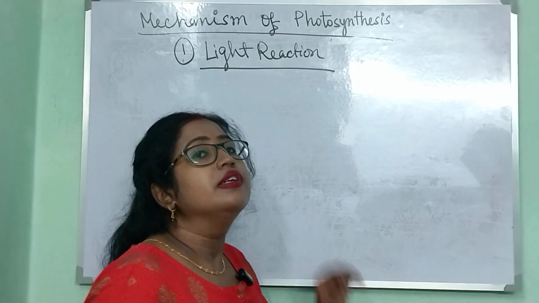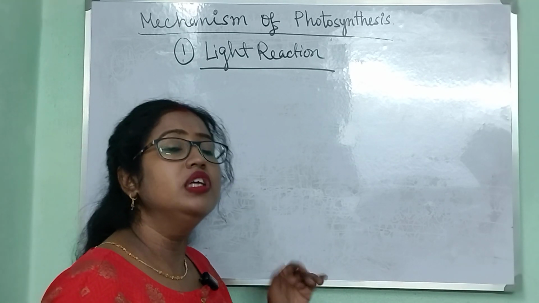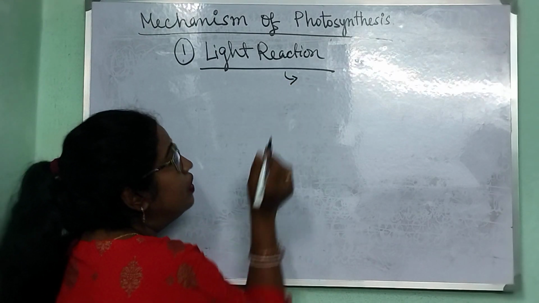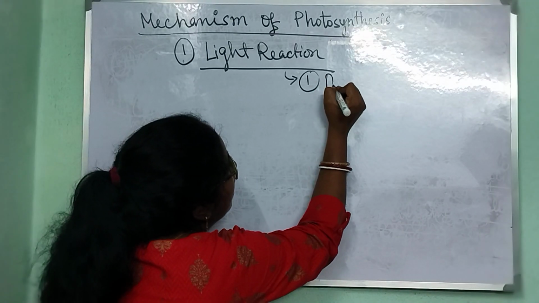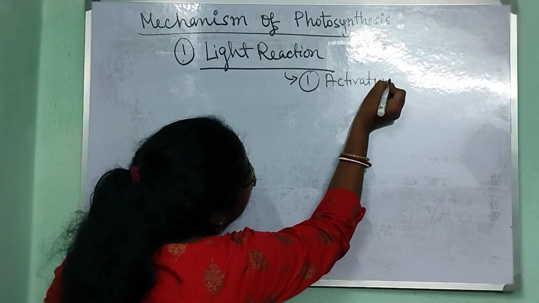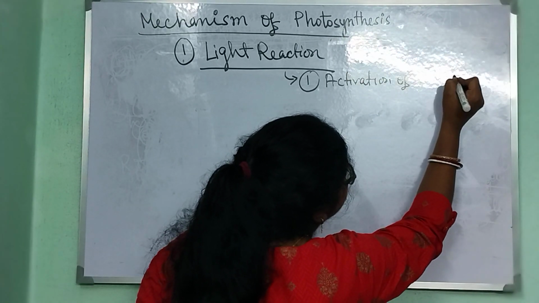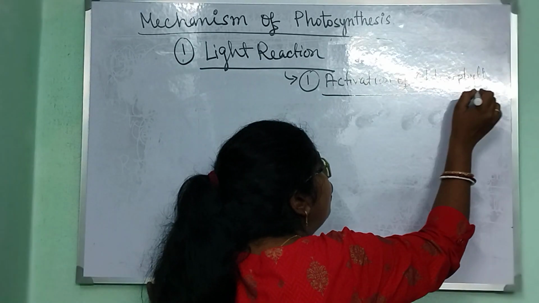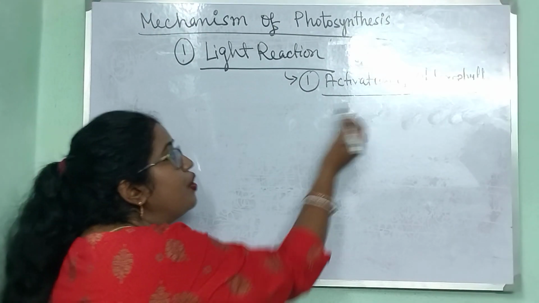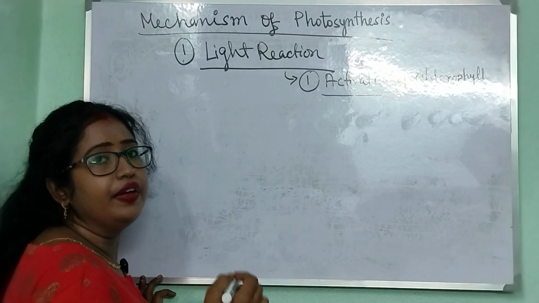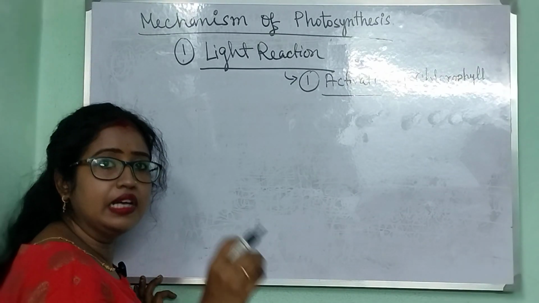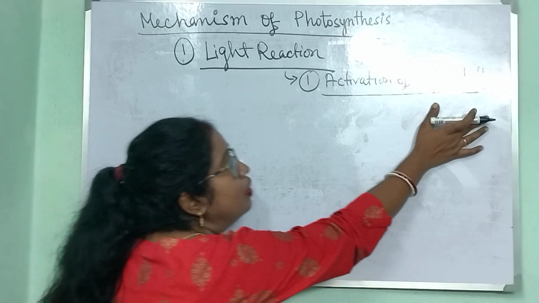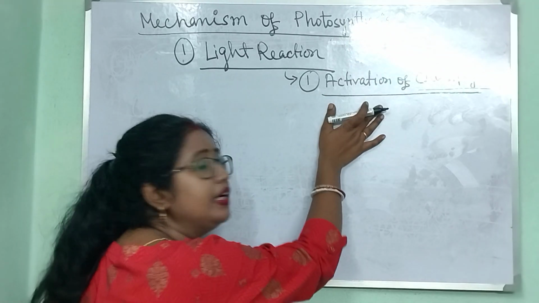As I said earlier, this reaction occurs in grana or thylakoid of chloroplast. The first key event of this light reaction is activation of chlorophyll. Chlorophyll is activated when the visible light of sun is entrapped by this chlorophyll. So in the visible light of sun, the chlorophyll is activated, and this activated chlorophyll results